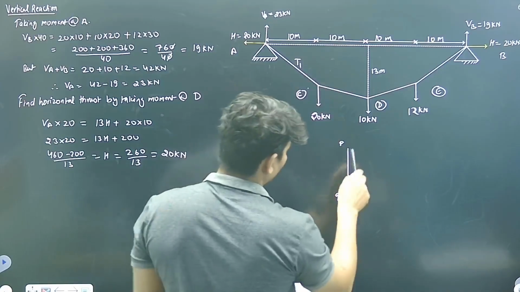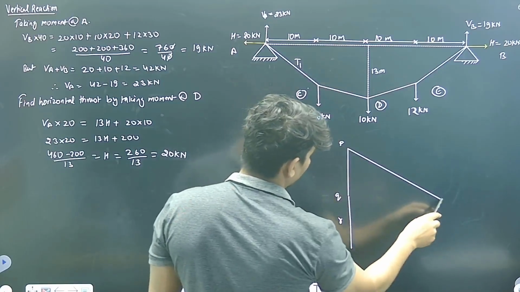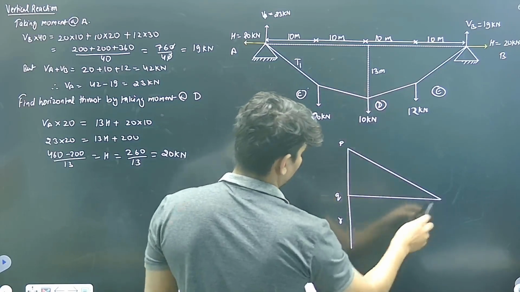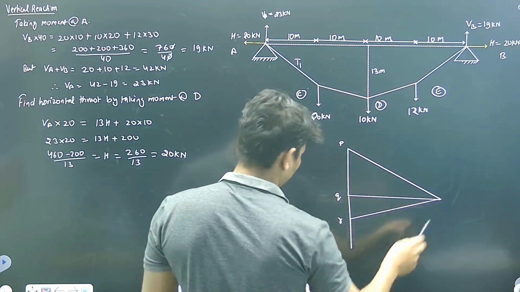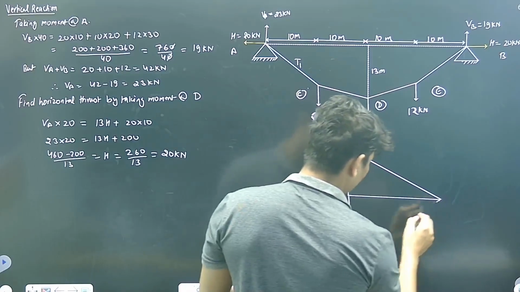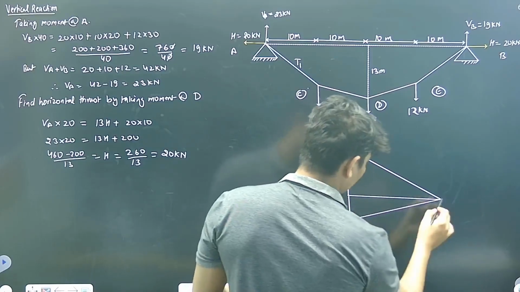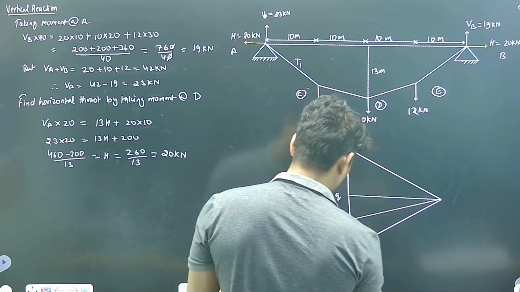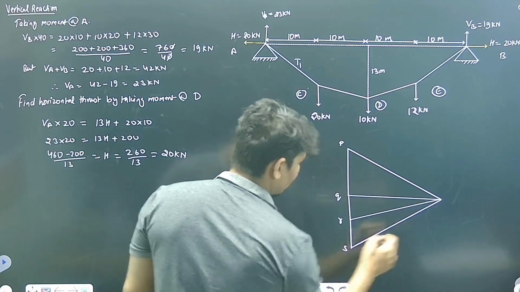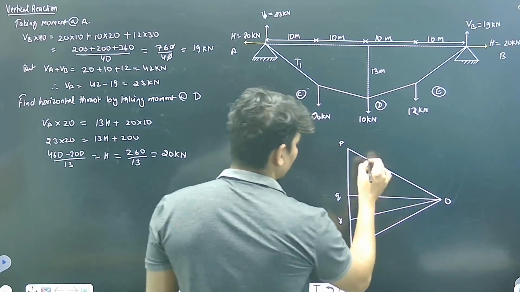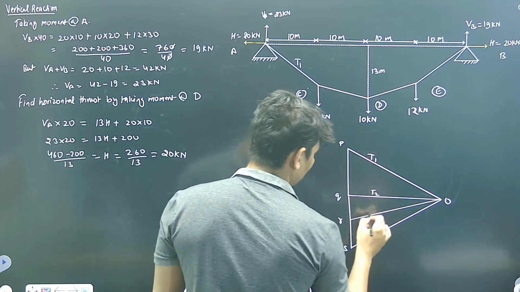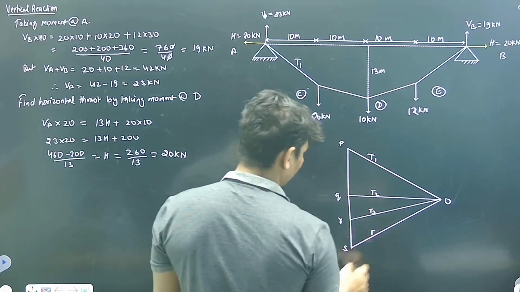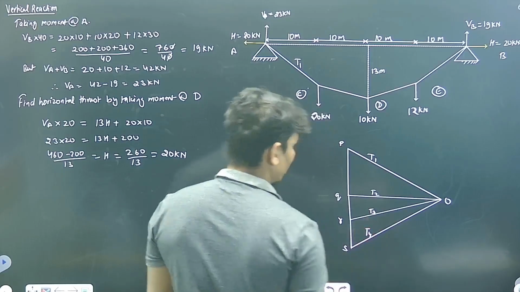T1. In this line, T2, T3, T4. That this is S, this is O point. This representing T1, this representing T2, T3, T4, है ना? फोर्स पॉलीगन बन गया।